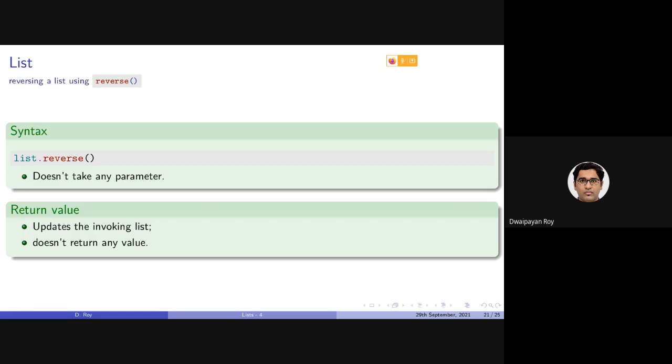A similar function is reverse. Reverse actually reverses a given list. It is also a list function, and it updates or changes the invoking list and does not return any value, similar to the sort function.